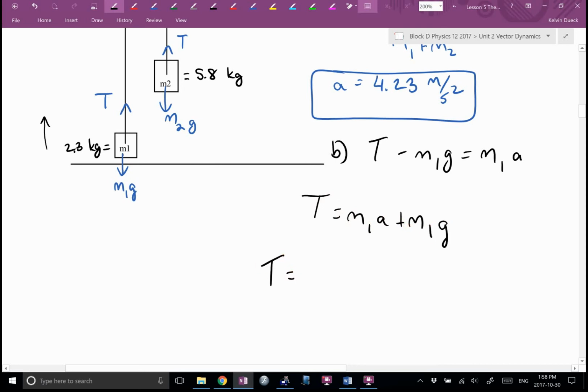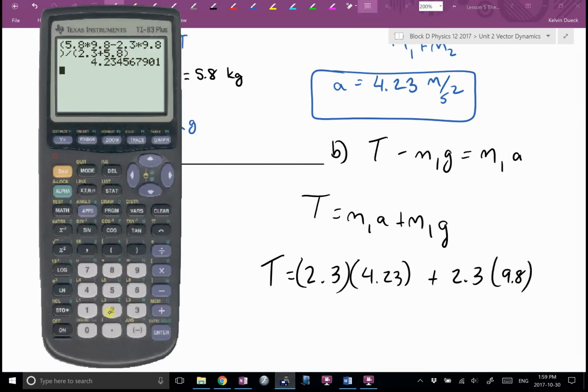Tension is going to be 2.3A. I'm going to write 4.23, but I'm going to use my answer button. 2.3 times 9.8. 2.3 times answer button, plus 2.3 times 9.8. And I get a tension of